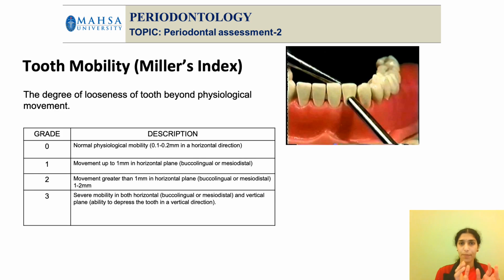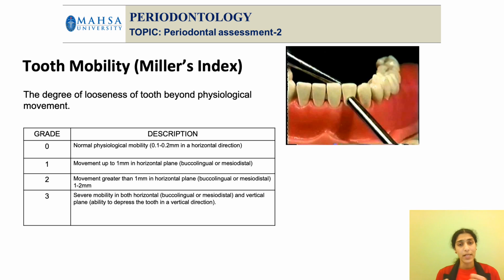Now, after finishing the pocket and gingival recession, the third important parameter to examine the periodontium is tooth mobility. Of course, this is a very simple, easy parameter to assess, but the most important point you all have to remember is do not do it with a probe, right? Tooth mobility has to be assessed using the two mirror handles, the end of the back of the mouth mirror and also the back of a probe or any other handle.